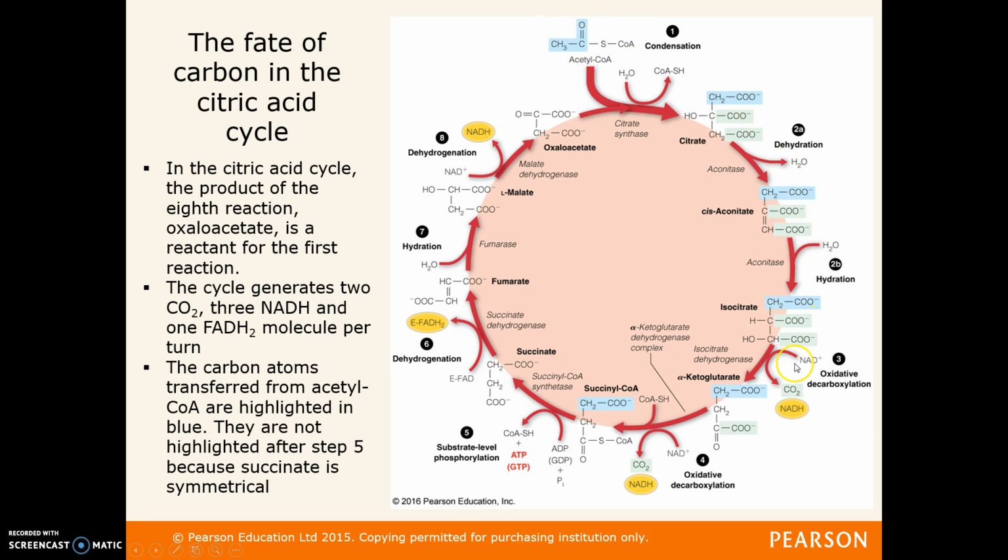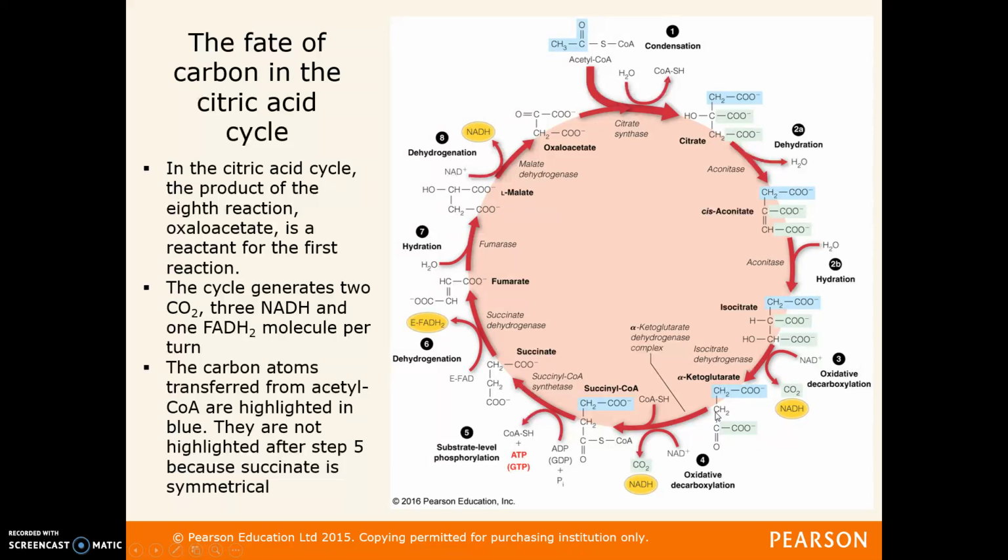As we get down here where we are losing our first CO2, recognize that we are actually losing the CO2 from this middle carbon, which originated from oxaloacetate, okay, leaving this compound here,